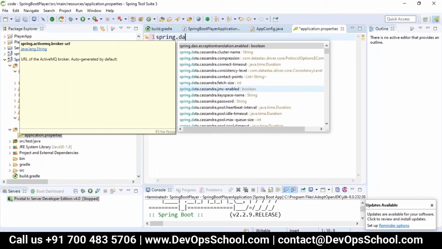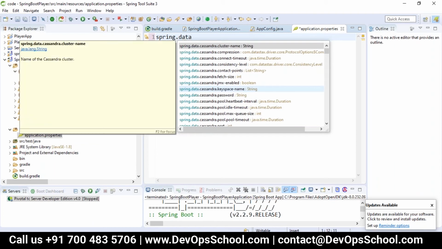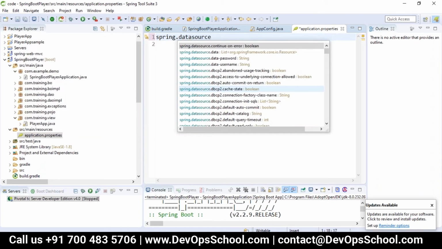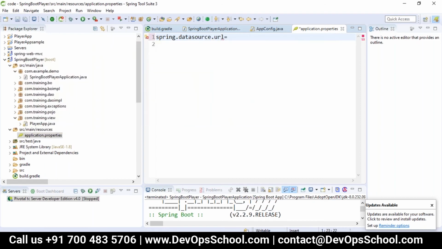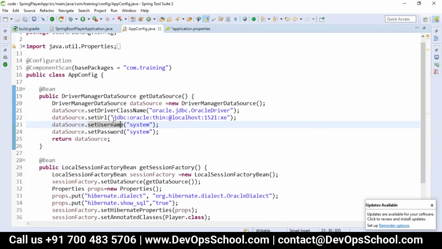Now here we are configuring the Spring data source. Let me take spring.datasource.url, and whatever URL we configured earlier, I'll take the same URL.